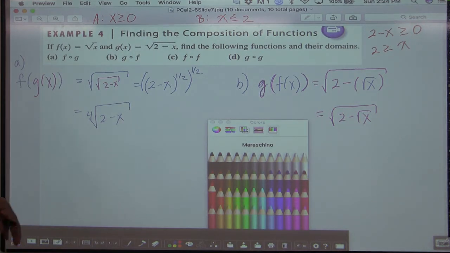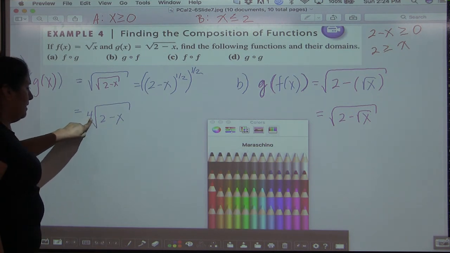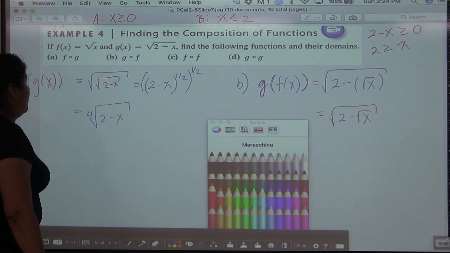So now you have the fourth root, which again, because it's a fourth root, it has the same issues with square roots of negatives that the original one had. So now we have